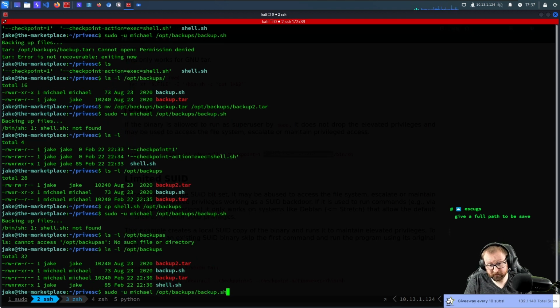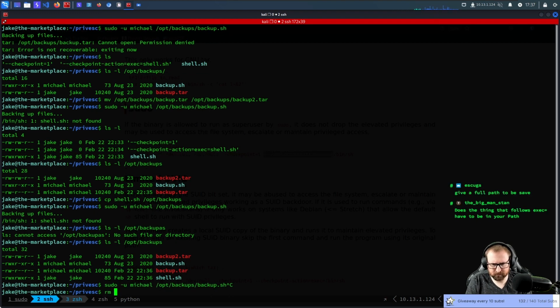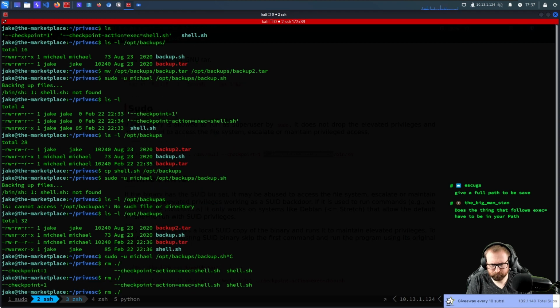Well, I don't think you can give the correct file path, though. That's the problem. Because it has slashes in it, unless we can do backslashes. I don't know.